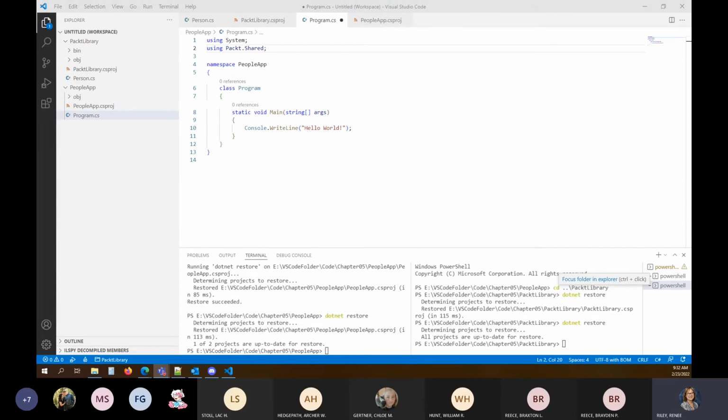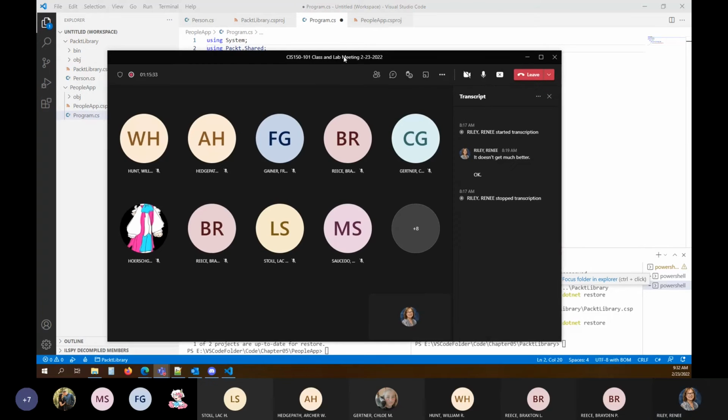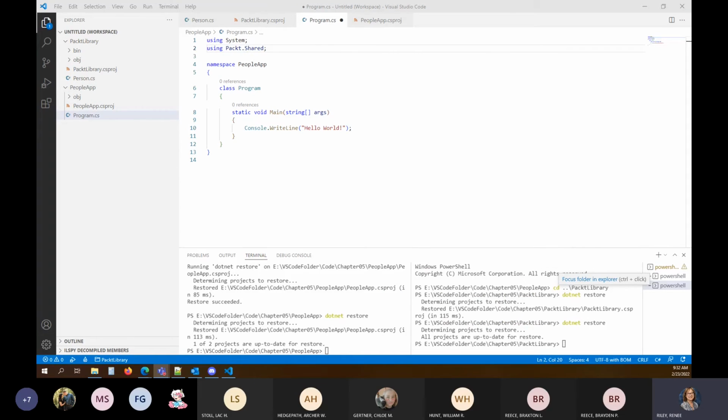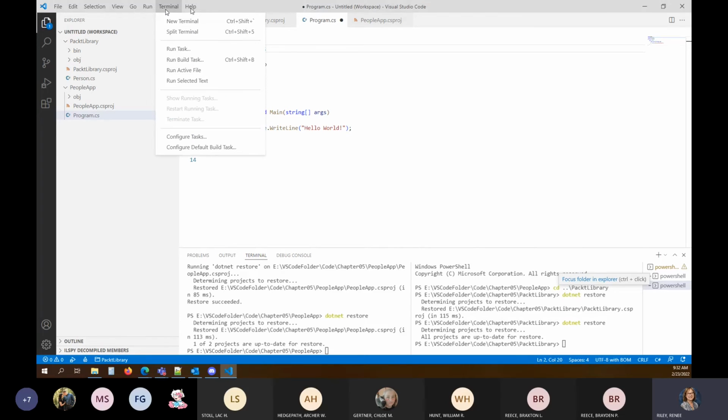How do I get? What's the matter? I can only see one terminal. I did get two. I did the split terminal. So it was on my terminal option, split terminal.